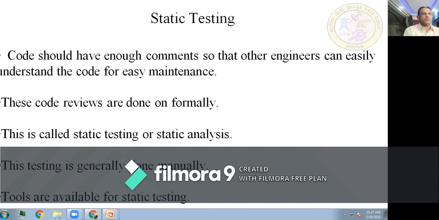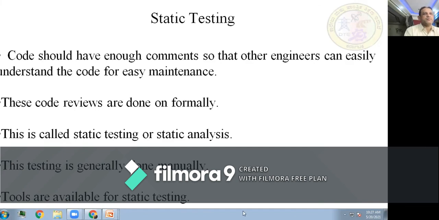This testing is generally done manually, but tools are available for static testing. Even for static testing, there are some tools available for doing the testing. So that is about static testing.